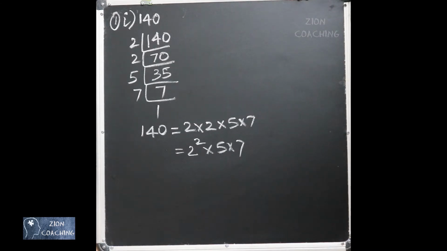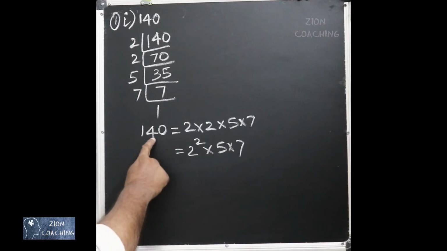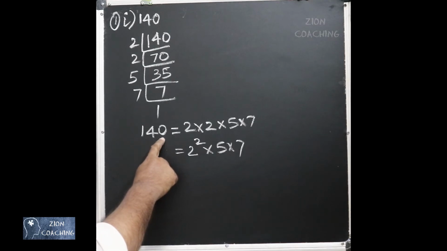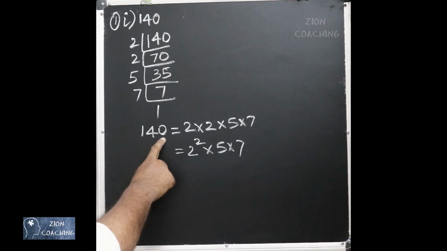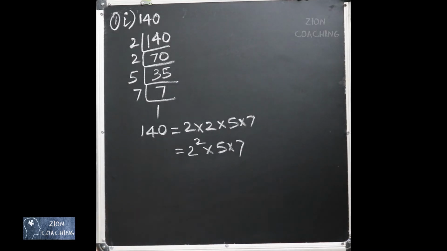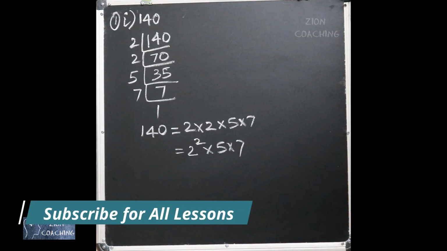This we have done using the fundamental theorem of arithmetic. What is the fundamental theorem of arithmetic? It says that any composite number... So before I speak about this, I should explain to you what is a prime number. Prime numbers are numbers which are divisible only by itself and 1. All other numbers are composite numbers. So any composite number can be written as a product of prime factors. That is what the fundamental theorem of arithmetic says.